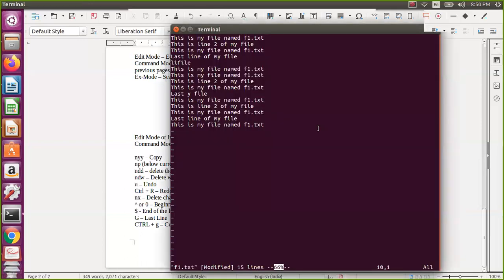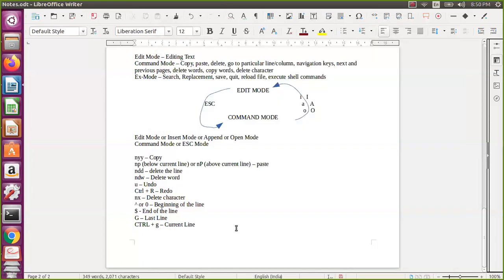So now we have seen delete word and all. Why do I need to delete a word actually? I want to change this word actually. So I can say cw. Okay, change word. So what do you want to change? Okay, so I'll say next line. Okay, whatever. And then I want to insert something in my file, something like that. Okay, so this is the cw actually.